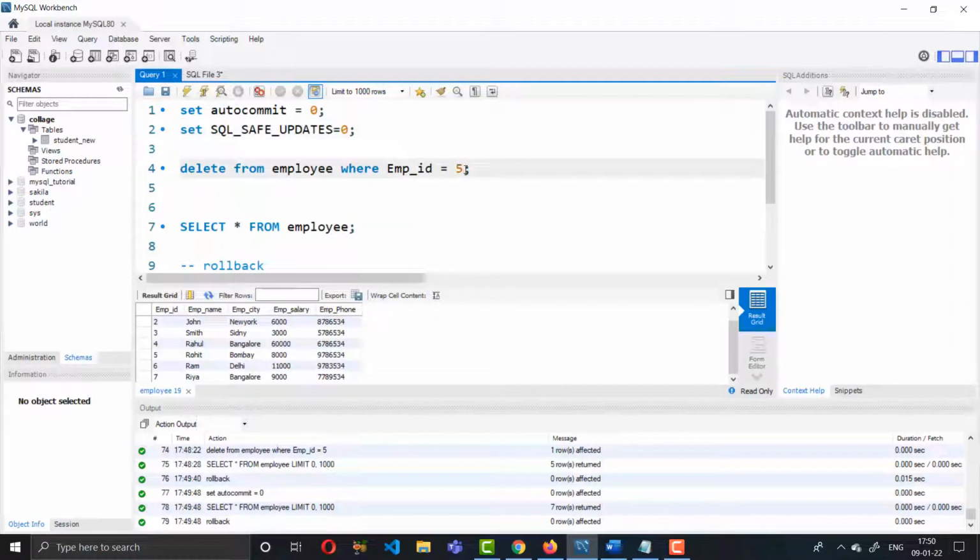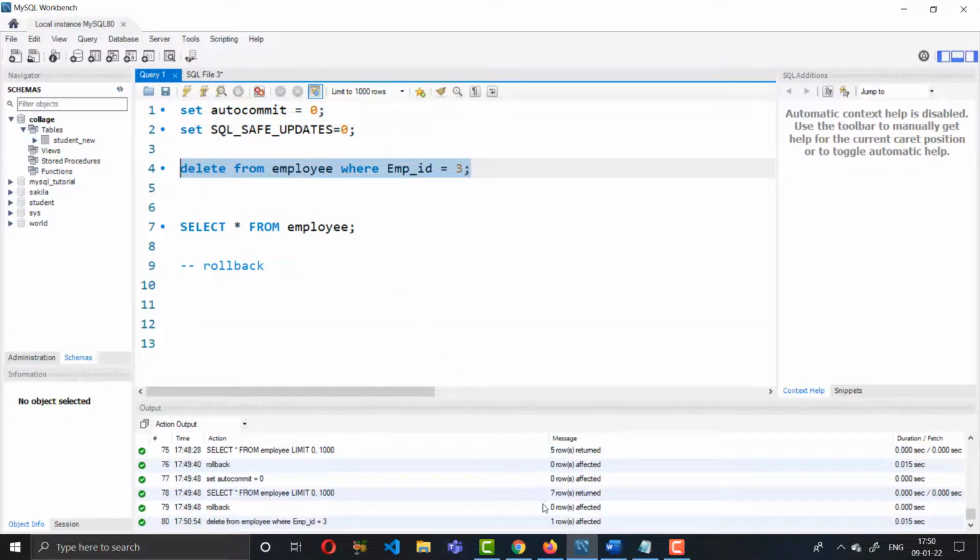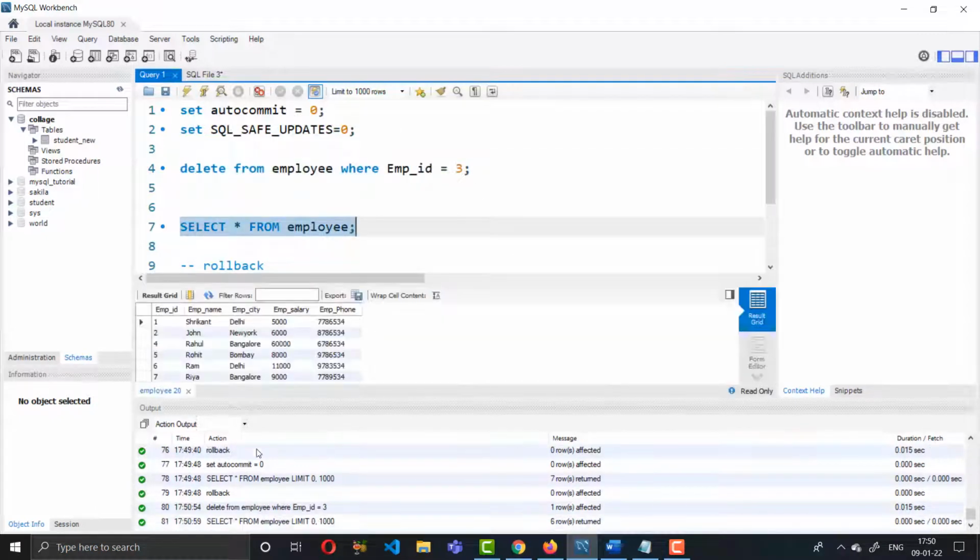Suppose you want to delete the data where employee ID is equal to 3. If you get any error, select these two portions while deleting the data, and you will not get the error. One row is affected. Now see the data. ID 3 has been deleted. It is still being deleted temporarily.